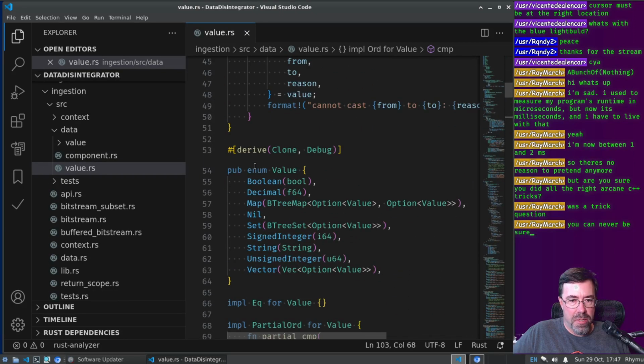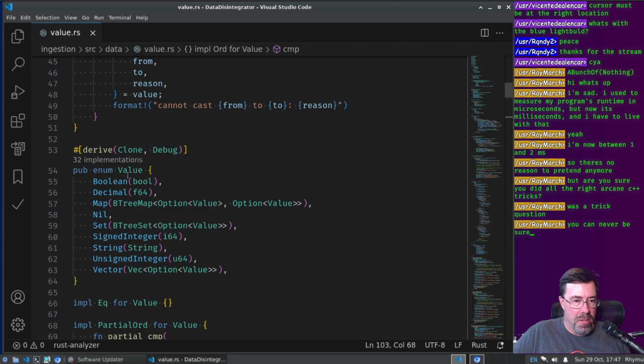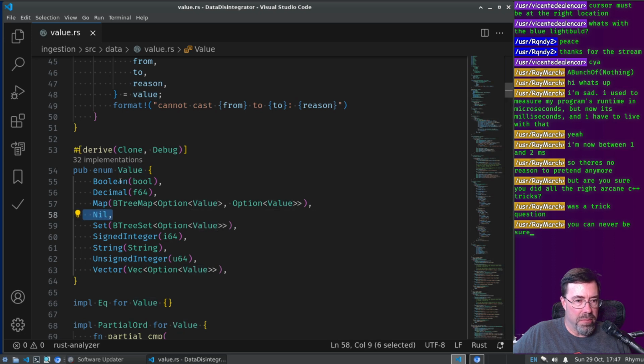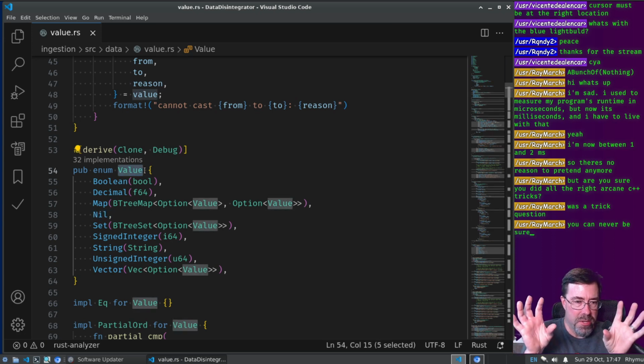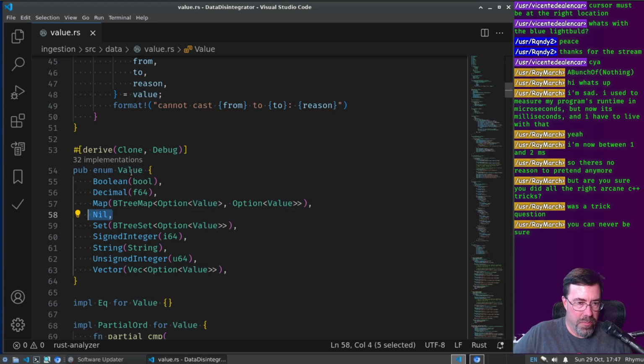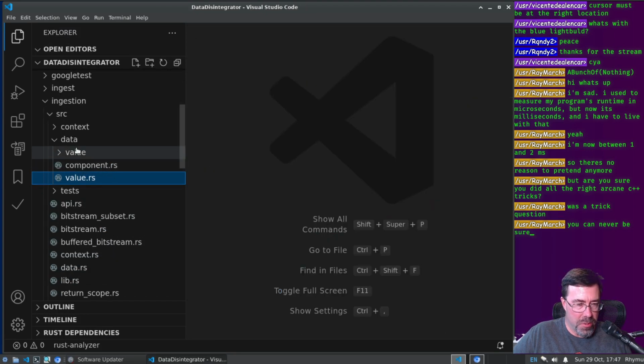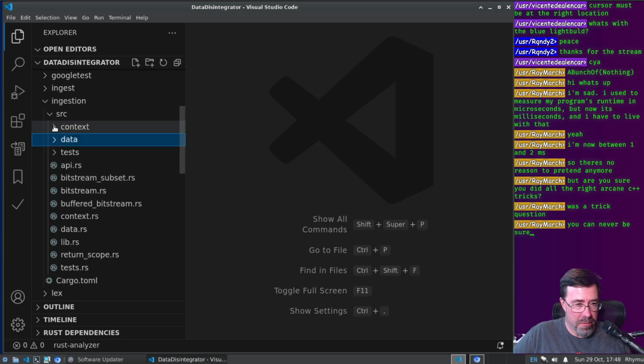It used to be that I had a whole bunch of option values throughout the code, and if it's none, it meant nil, but now nil is a variant of value. So now there are actually two ways to get nil, and I'm trying to get rid of the old way, and all nil values be some value nil. So I'm trying to find now use unit tests that test for that, and